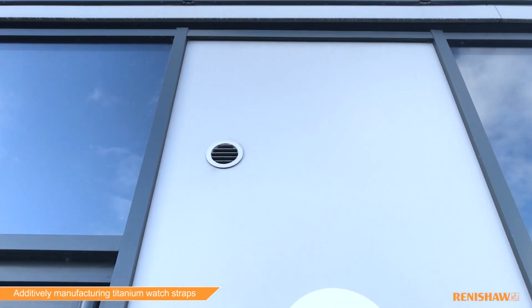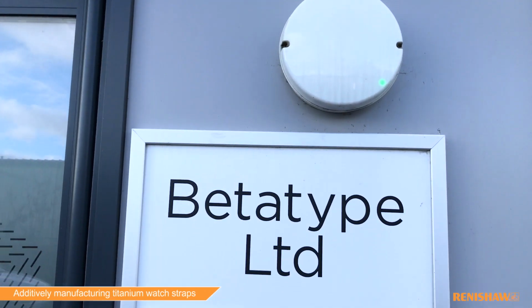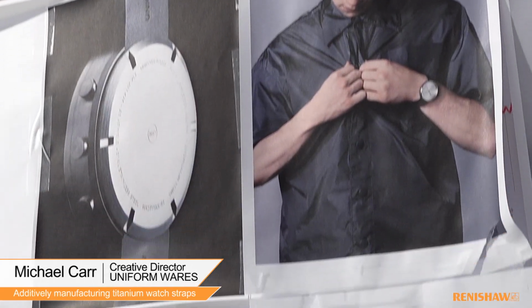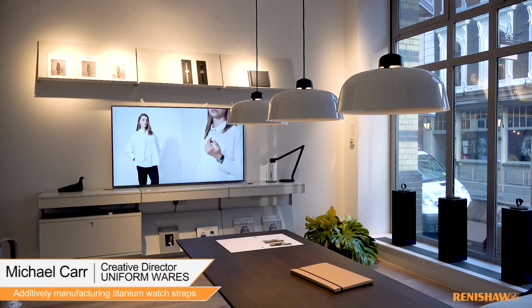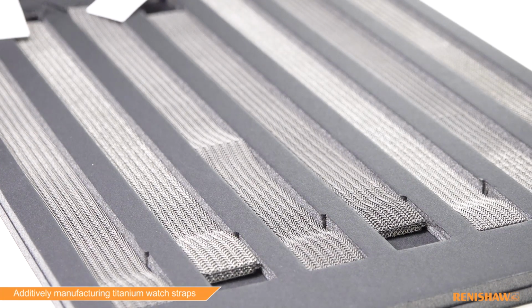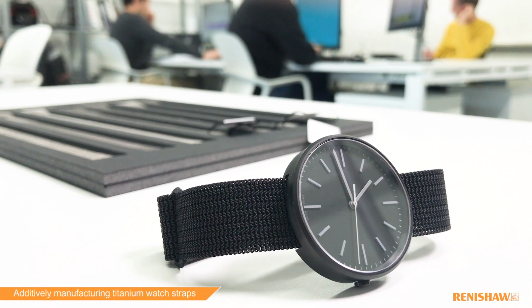Betatype started back in 2012. One of the key things that I was interested in, in terms of what the company was doing, was exploring the kind of complexity of design that could be delivered through additive manufacturing. Betatype originally contacted us about 3 years ago. We refined our understanding of each other's work over those 3 years, and we gradually got to a point where we had a set of objects that actually could connect to a watch and that you could put